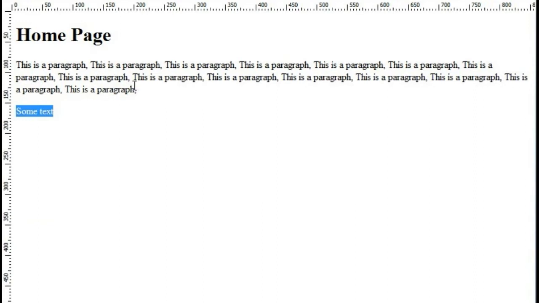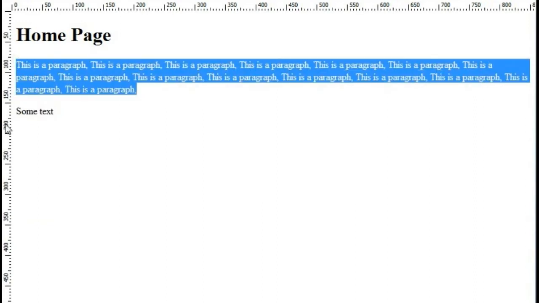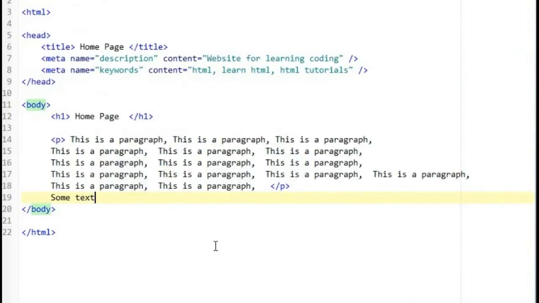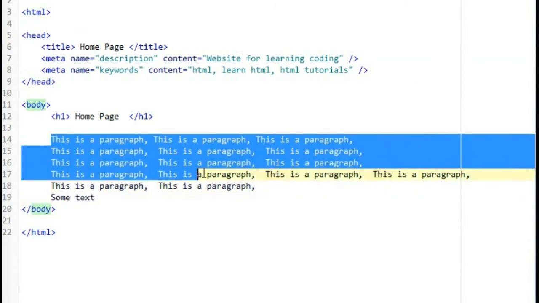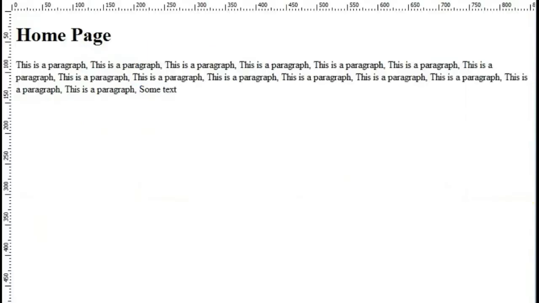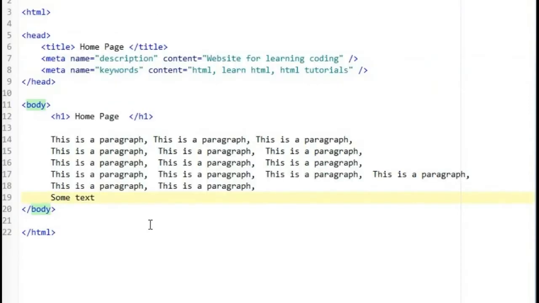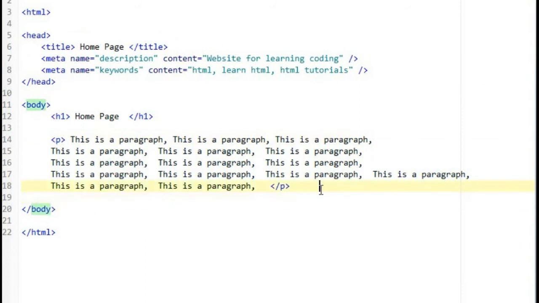So this is what the paragraph tag does, it has a line break here and a line break there. So if I just illustrate the concept, if I take the paragraph tag off, you will see that all of this and this will be displayed together. So as you can see, it's not really formatted the way we want. So I'm just going to reverse everything. I'm going to take that out actually. Alright,